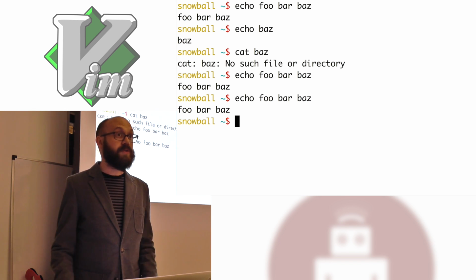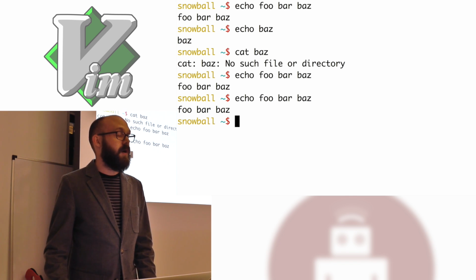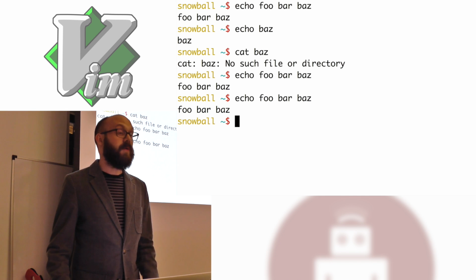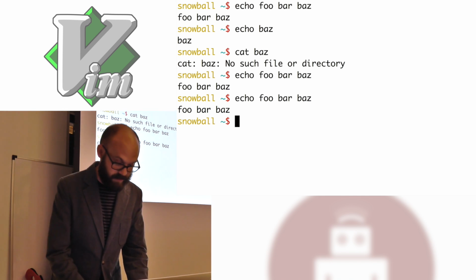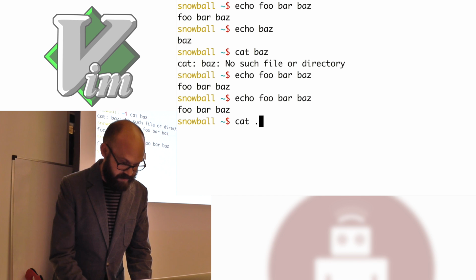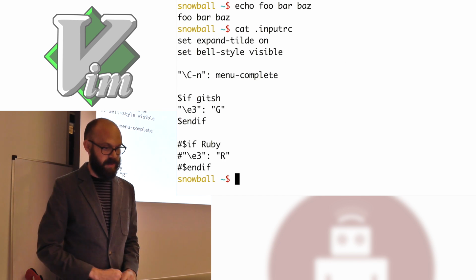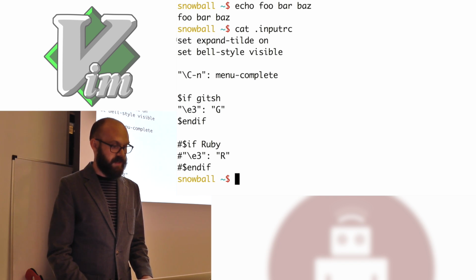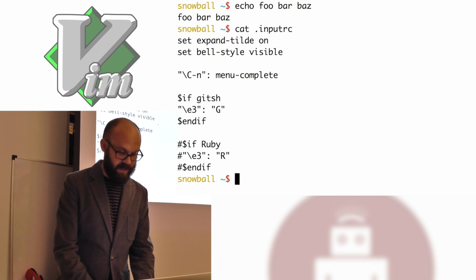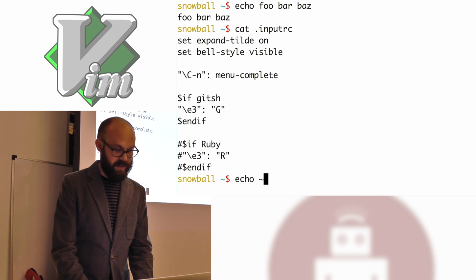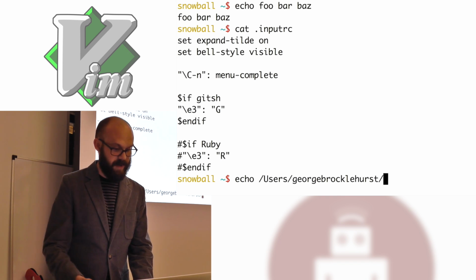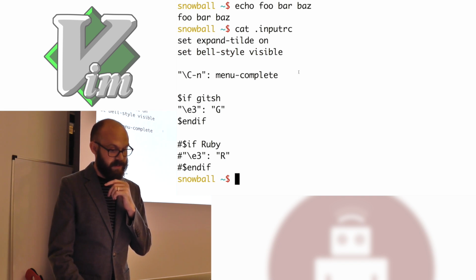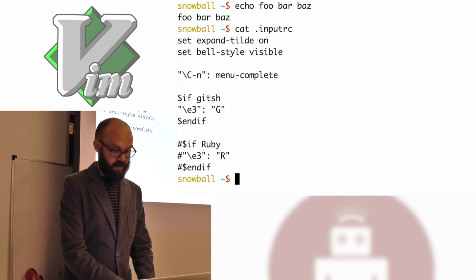Yeah, so those are a few things you can do with Readline. Hopefully that is useful. Oh, it has an RC file as well. Actually, that's worth knowing. You have a .inputrc where you can customize Readline. So I have expand-tilde on, which means if I tab complete something with a tilde in it, it will expand to my home directory. I have the bell style set to visible, so if I do something that rings a bell,